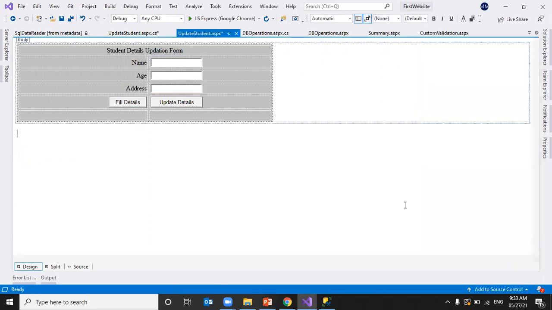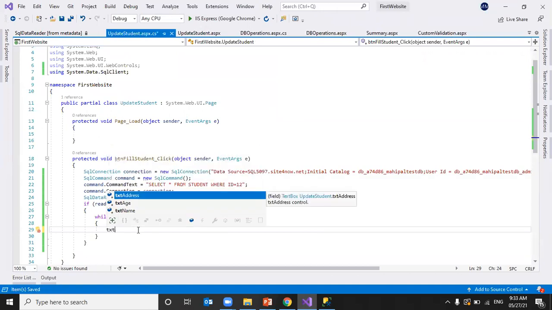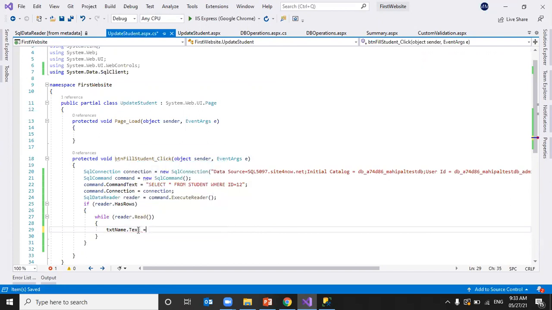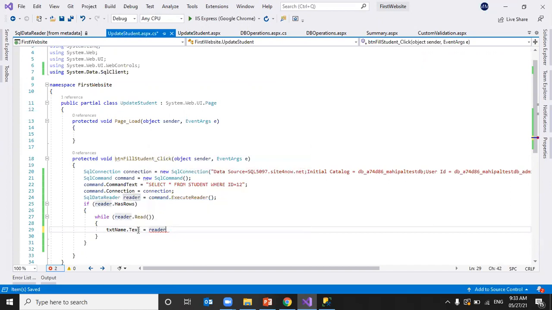I have named the three text boxes. Now I will access them with the ID property, txt name dot text property.